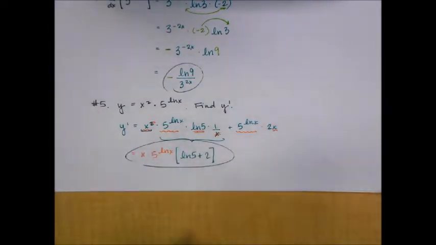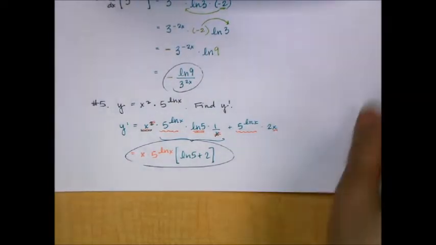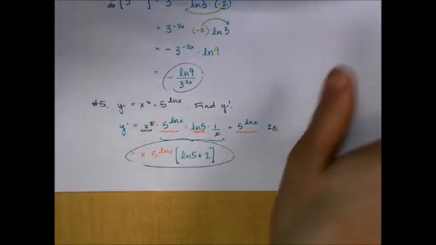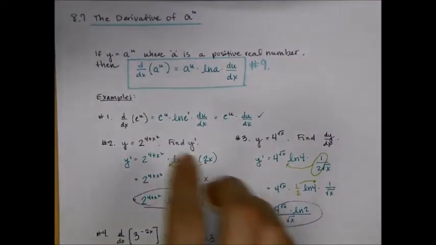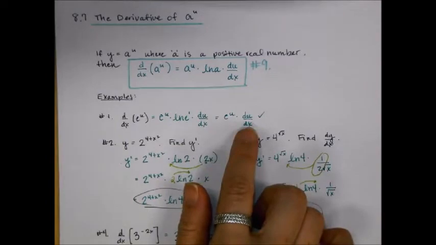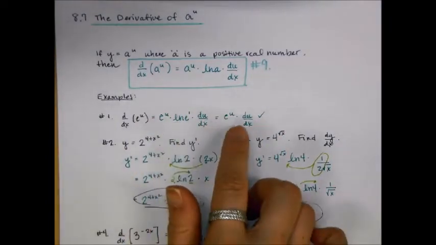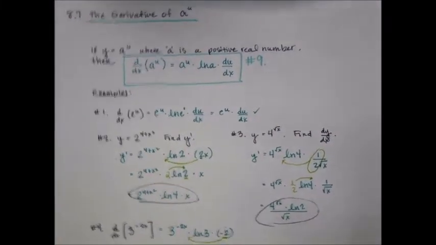All right, so that's really all the examples I have to go over with that formula for a to the u. So I hope after 5 problems that's felt like a good amount of practice to get this extra piece stuck in your memory. It's a little bit different from the e to the u formula because it has that natural log of the base in it. And with e to the u, that value just simplified out. So there's a little bit more for 8.7,